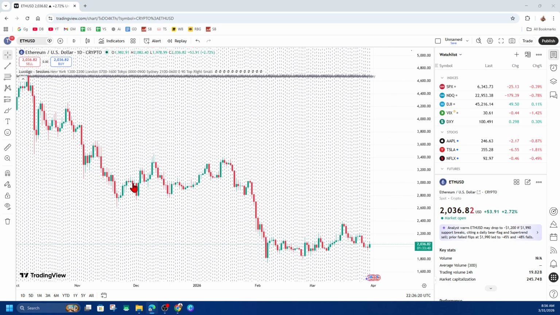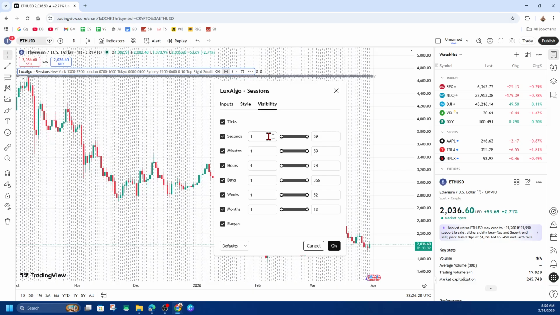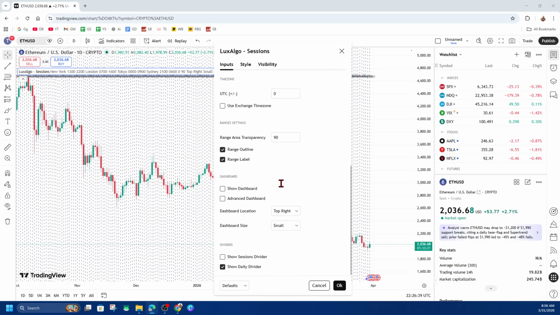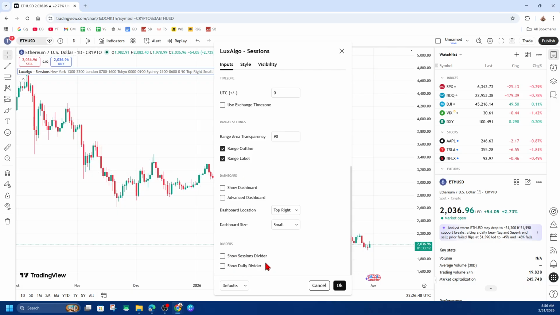out of this. Now if you want to make this look a bit cleaner, we can go ahead and click into settings. So highlight where it says Lux Algo Sessions, and to the right of that click onto settings. Now we can go ahead and change a few things inside of here. Now make sure you're on the inputs tab and go to the bottom. We can go ahead and disable those show daily dividers. Now it's going to get rid of those lines inside of your chart, so it looks a bit cleaner,